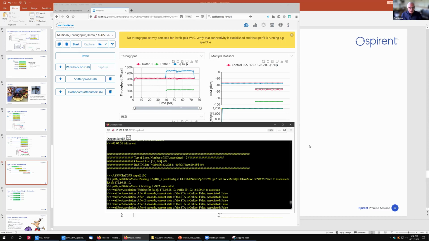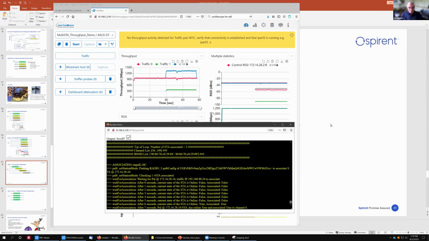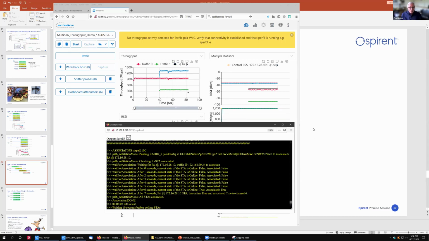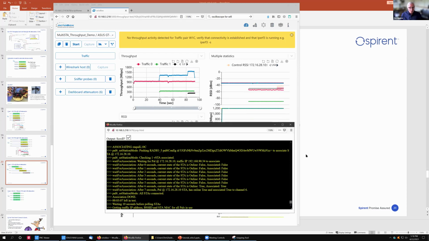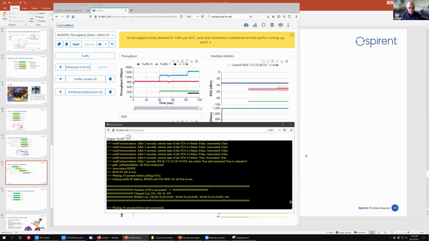So the question is, is anybody else going to get assigned to a 5 gig radio? And nope, the next one is now assigned to channel 6. So the dual stream radio is now assigned to 6. But actually, this is a good thing because now we have one device assigned to each radio. So all 3 radios are busy. The router seems to be making more intelligent decisions about load share or band steering.